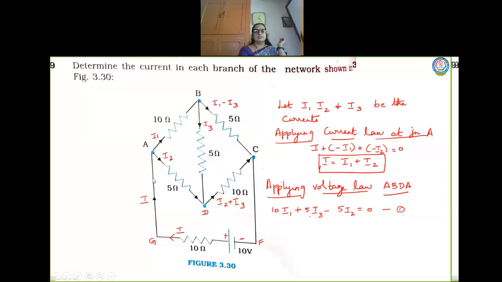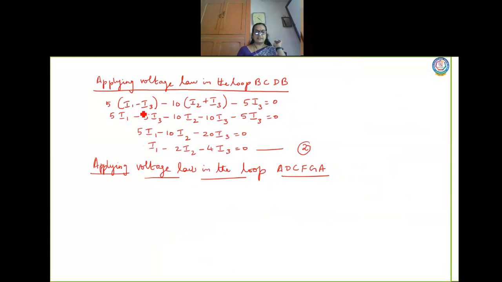Okay, and here also there is no resistor, so I can stop from here. So all will have only positive sign, no negative sign. So easily I can write now 5I2 plus 10 into I2 plus I3 plus 10I equal to 10. Okay? Now again